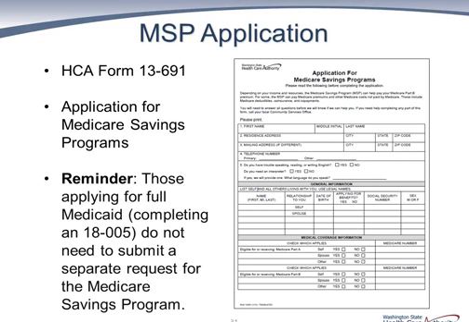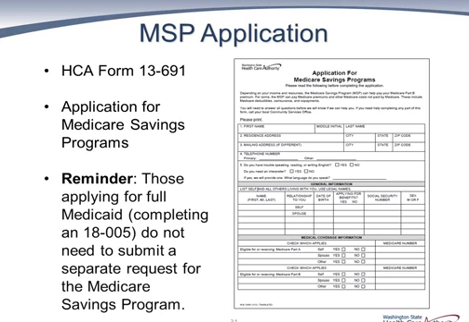using the 13691, the application for Medicare Savings Program. It's important to note, if you're applying for someone and you want DSHS to look at their full benefit or scope of coverage for them, then I would really recommend that you complete the full application, the 18005, and they will look at both ongoing Medicaid, CN or MN coverage, and the Medicare Savings Program for them at the same time. So there's no need to fill out both, but some folks are only interested in the Medicare Savings Program, and if that's the case, you can use this more simplified application.